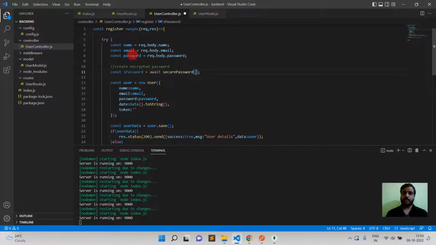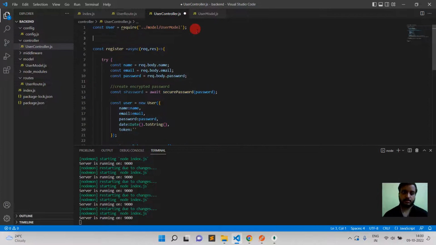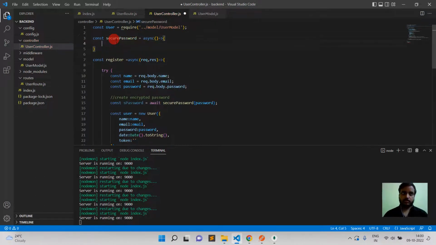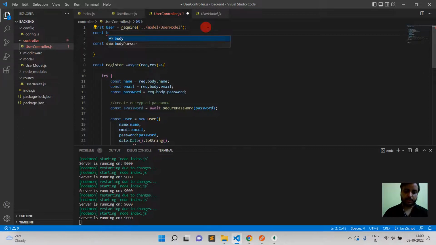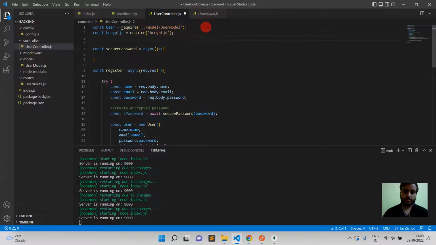create one method, and inside the method I'll pass this password which is coming from the front end. Okay, so just copy this method from here and I'm going to create this method here above the register method. So const... but before this I'm going to import some dependencies like bcryptjs, and JSON web token,